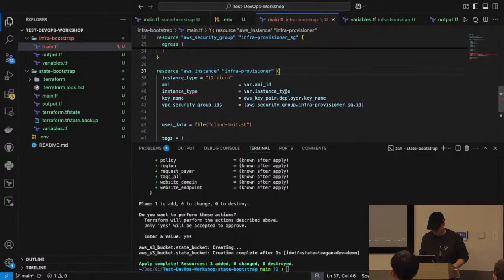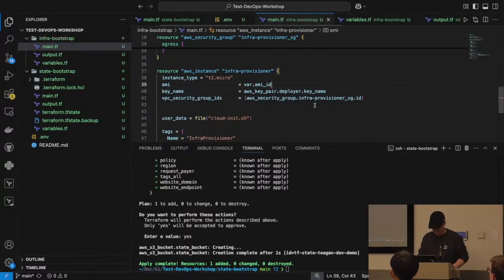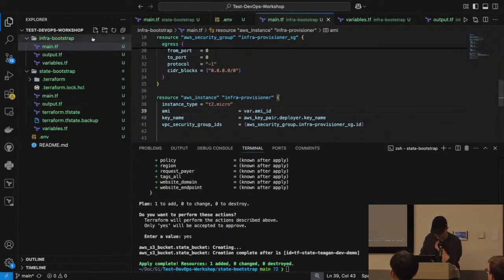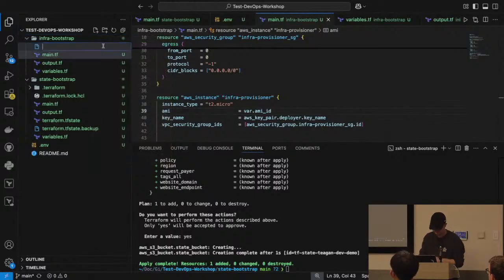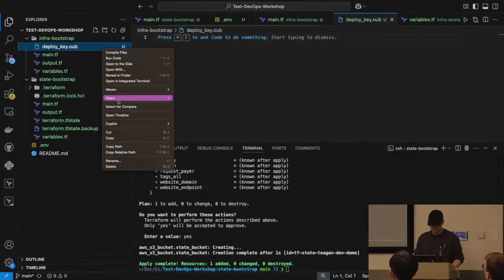I'll add something here. So for key name, we're going to be referencing here. And then I need to add in deploy key.pub. This is going to be the key that I'm going to be adding into our account.